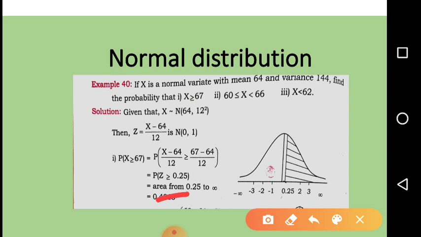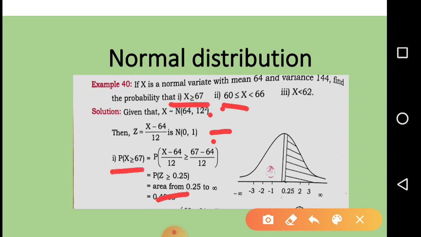Fine. So once again I will just tell. X, first you will write x follows normal distribution bracket 64. Why do I write 64? That is mean comma variance. First step. Second step is z is equal to, this is a formula, x minus mean 64 divided by 12 is normal, range is 0 and 1. Each step is same for all the problems. Then write this condition. Same condition you have to follow.